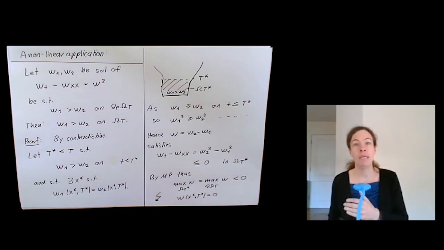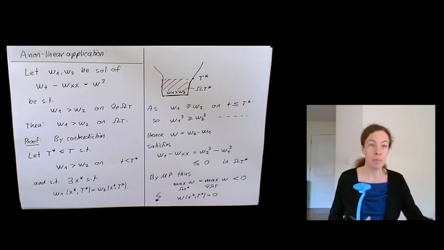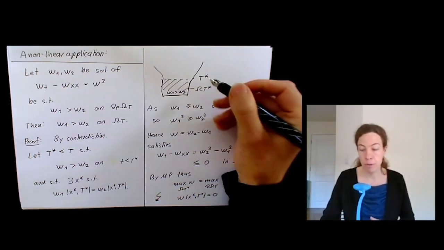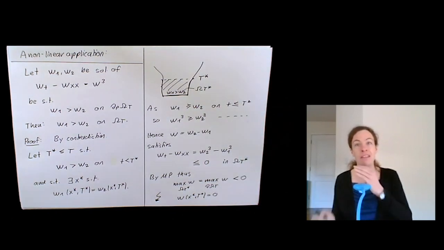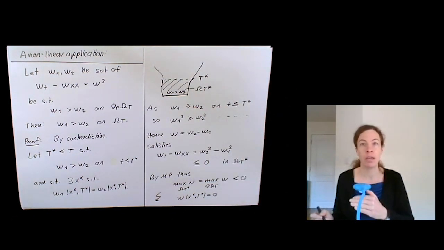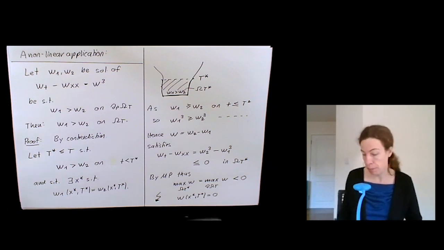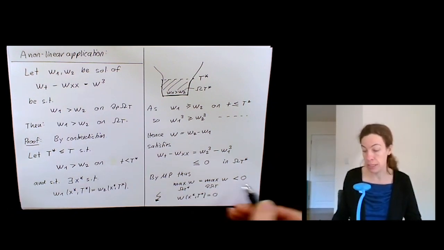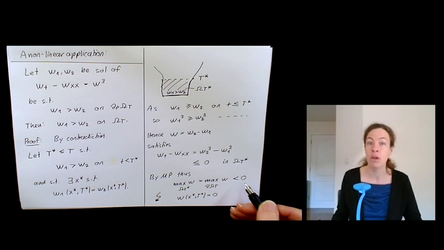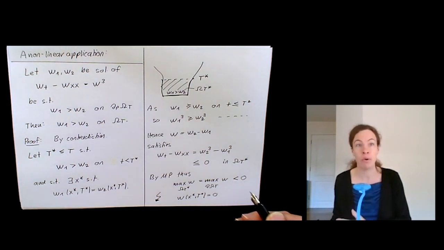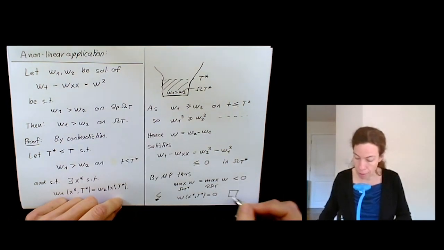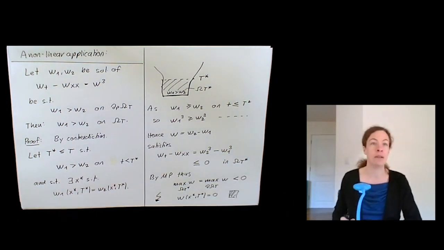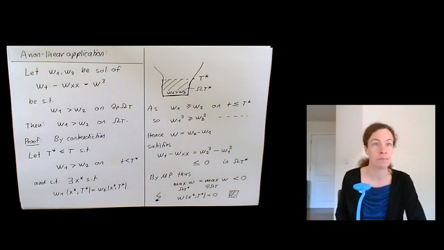So what does that mean? I've said if something goes wrong, there must be a first time t star where things go wrong, but at this first time where things go wrong, things don't actually go wrong, because I'm actually getting that w is still strictly less than 0 here, so things can never go wrong, and that means my statement must be true, and that means I've proven this little result at the end of this chapter.